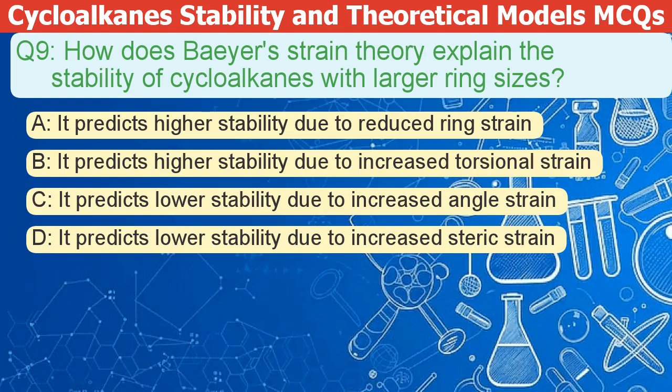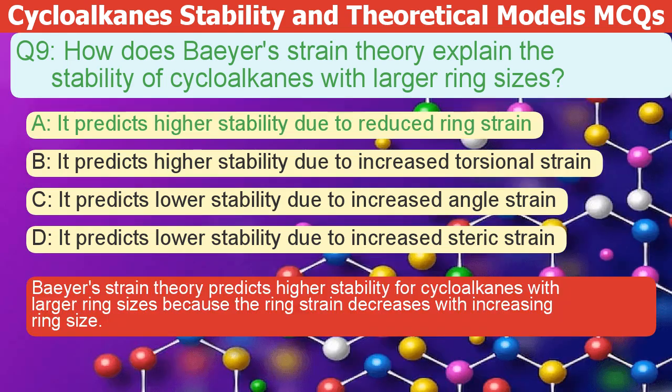How does Baeyer's strain theory explain the stability of larger cycloalkanes? A. Higher stability, less ring strain. B. Higher stability, increased torsional strain. C. Lower stability, increased angle strain. D. Lower stability, increased steric strain. The correct answer is A. Baeyer's strain theory predicts higher stability for cycloalkanes with larger ring sizes because the ring strain decreases with increasing ring